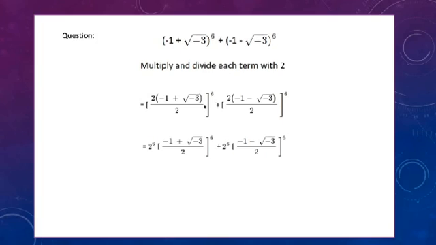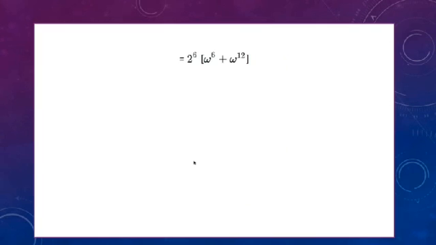This is 2 raised to power 6 we have written separately, and this value, which is actually equal to omega, we have separated. Same is the case here. Now we can write it like 2 raised to power 6 into omega raised to power 6 plus 2 raised to power 6 into omega square raised to power 6. We have discussed in the previous lecture that if this value is equal to omega, then this value will be equal to omega square. And if this is equal to omega, this will be equal to omega square. We can write it in both ways. Now we can take 2 raised to power 6 common, we will get omega to the power 6 plus omega square to the power 6.